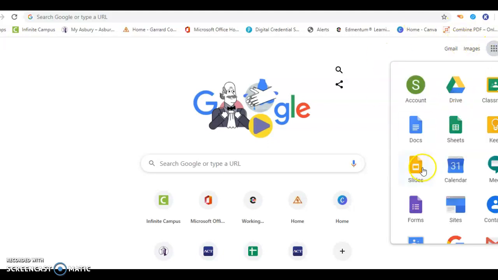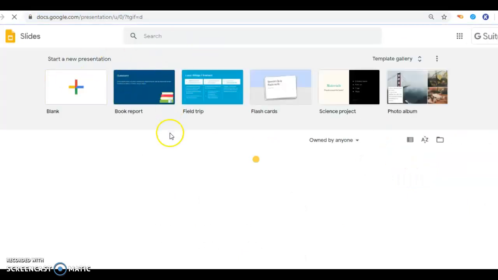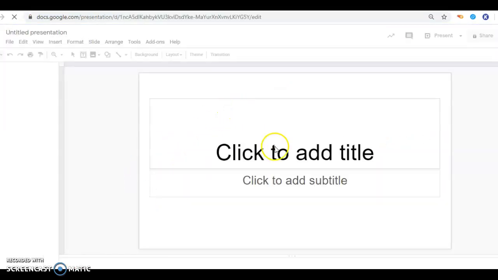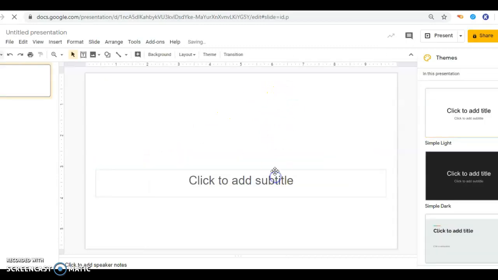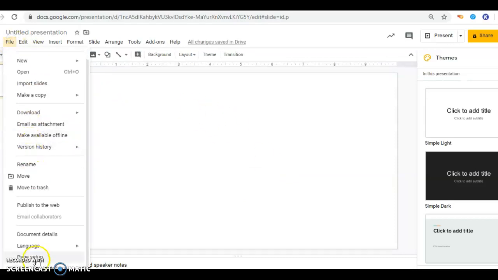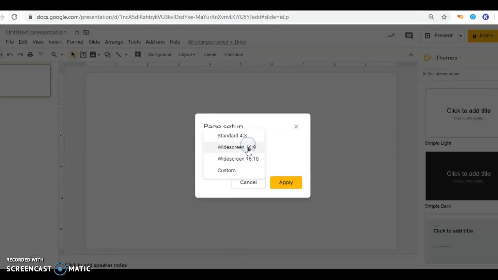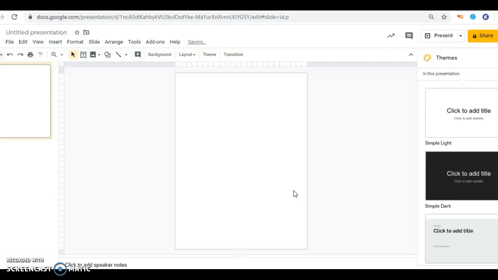You'll hit your waffle and you'll open up a Google Slide. All slides open in landscape mode, and we are actually going to turn this one into portrait so that we can make it look like our worksheet. So you clear your boxes out and then you go to File, Page Setup at the bottom. We're going to customize this to a 12 by 16,